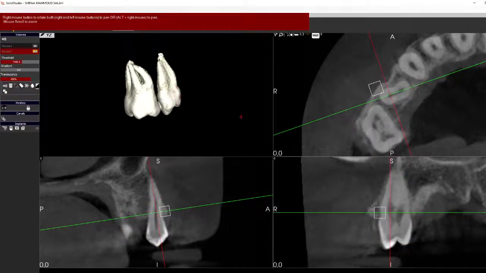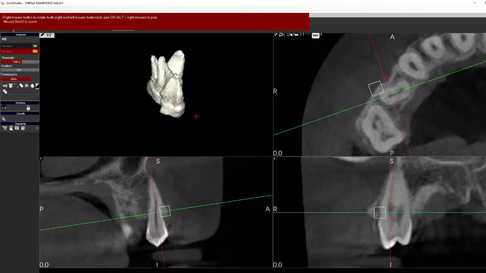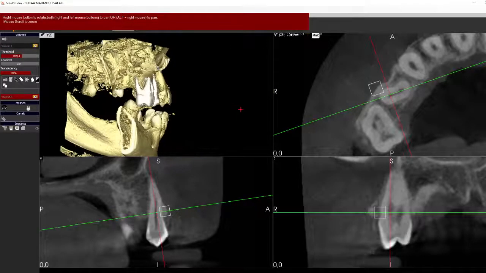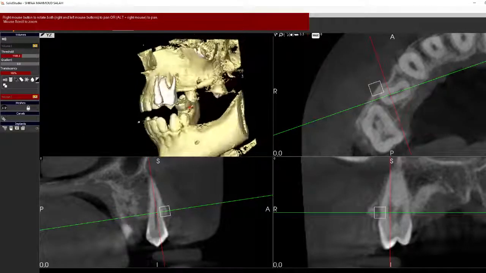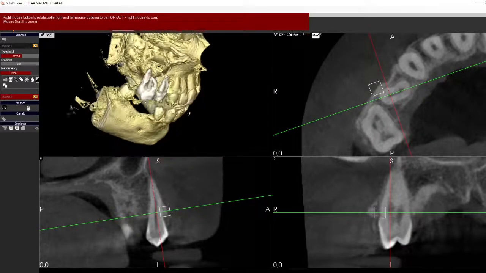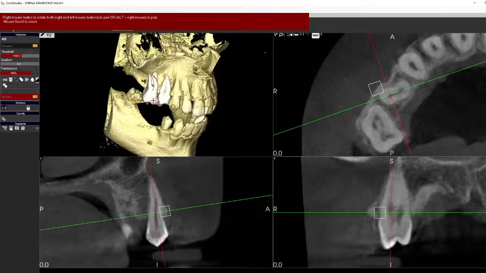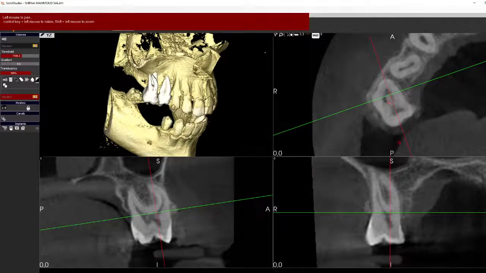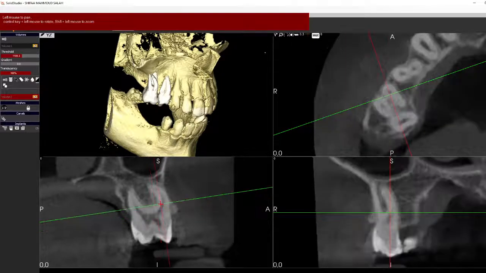Now we have finished taking the 2 teeth out of the main volume, but we still have the main volume here. This is the 2 teeth out of the main volume. Now the second thing that we need to do is to trace the root, try to trace the canals. So we go to the desired tooth. Now we are talking about here the 6. We are going to